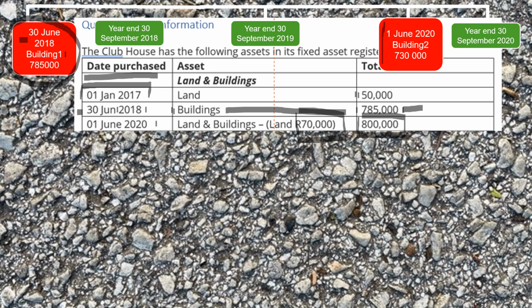So here we go. 1st of June 2020, building number 2 was purchased and the building is 730,000, because 800,000 minus the land 70,000 is equal to 730,000. This is a tough one, but if you need to work through it again, you do it 3 or